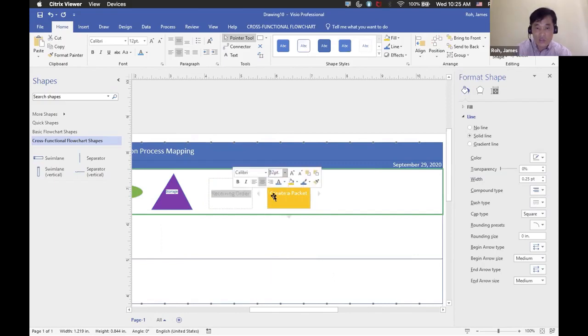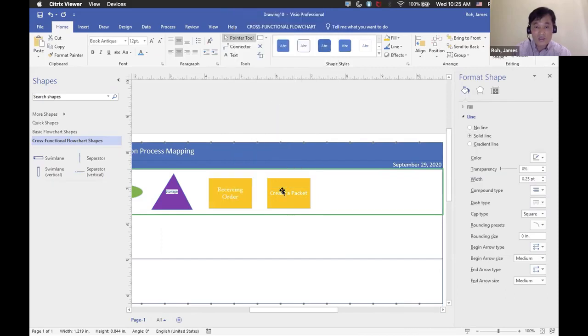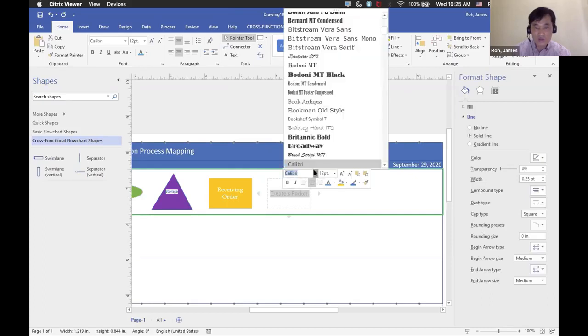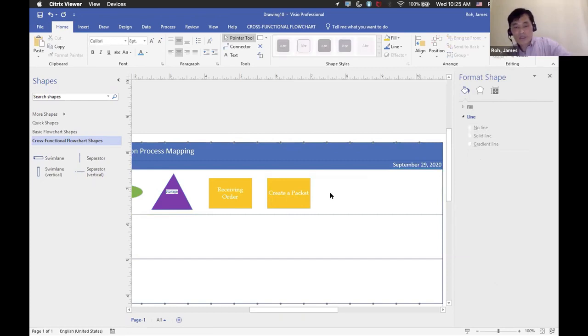You can change the font like that. So it's up to you. You can do the polishing work later. So create a packet, and